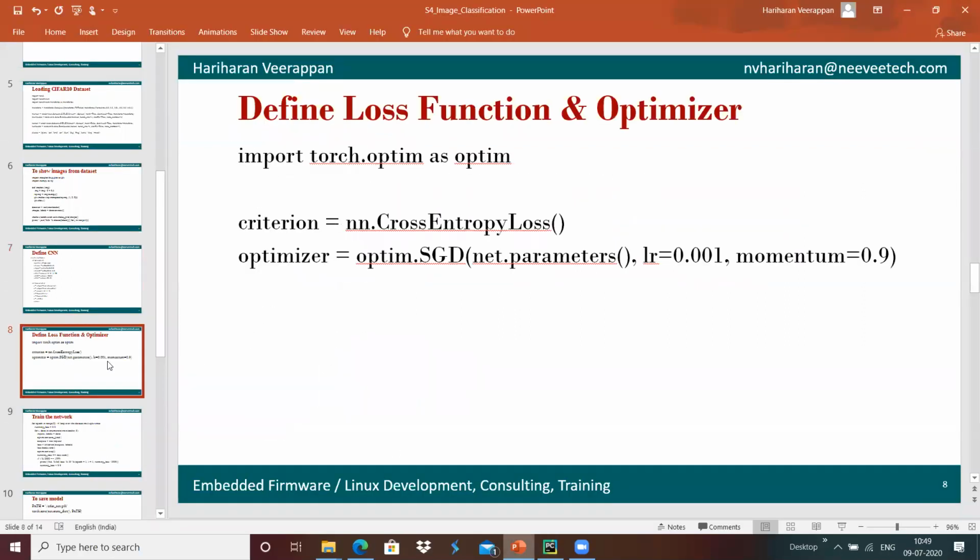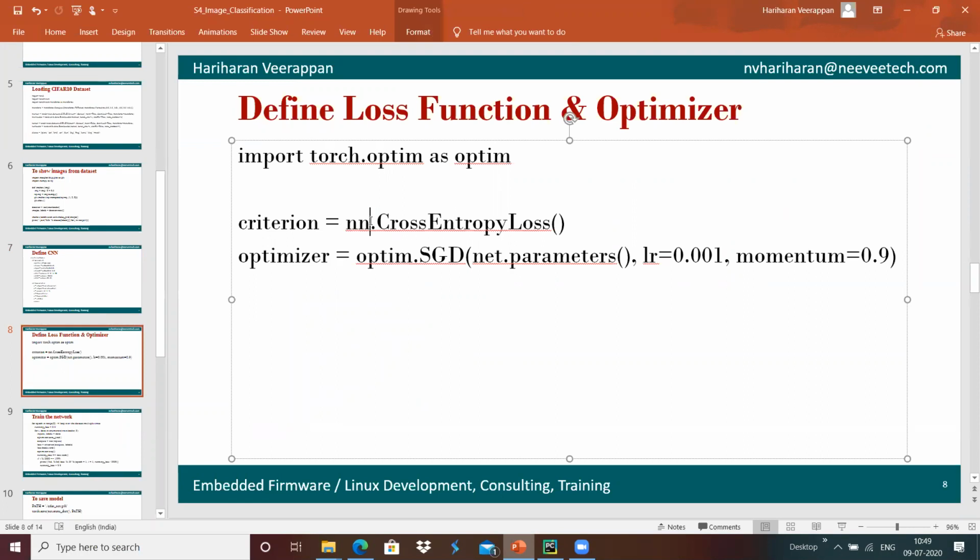Before that, we can create an optimizer and a loss function, using cross entropy loss and a stochastic gradient descent based optimizer.